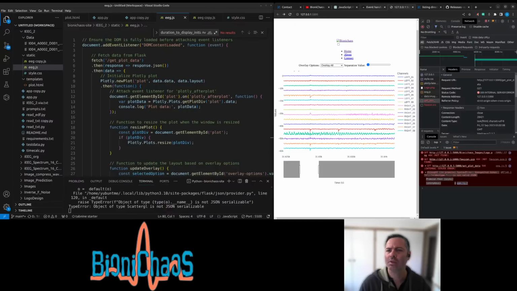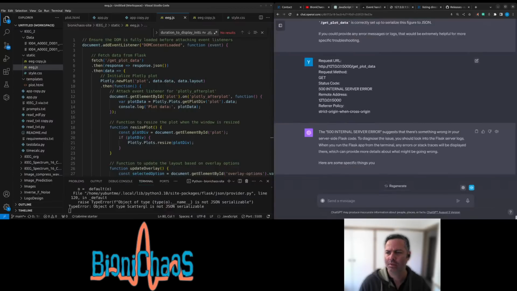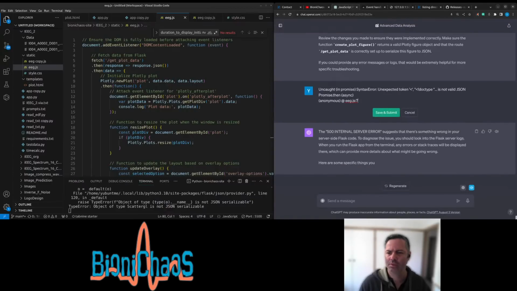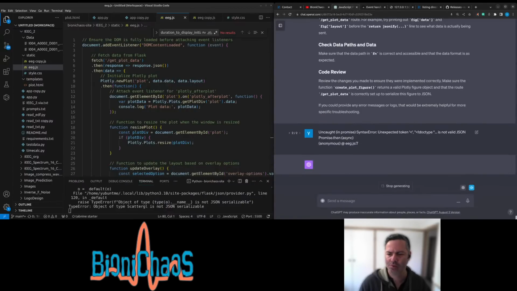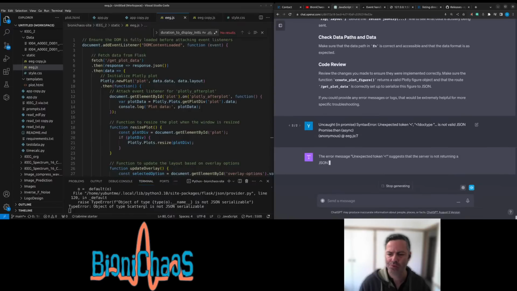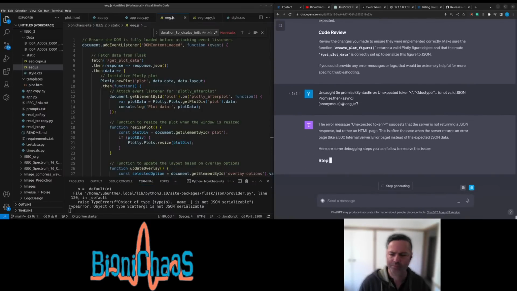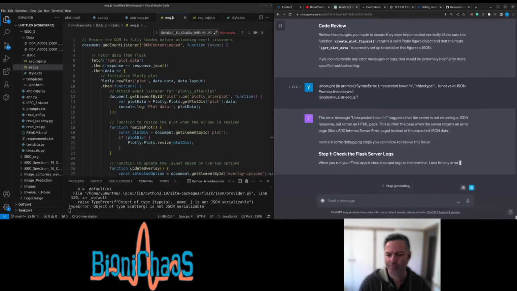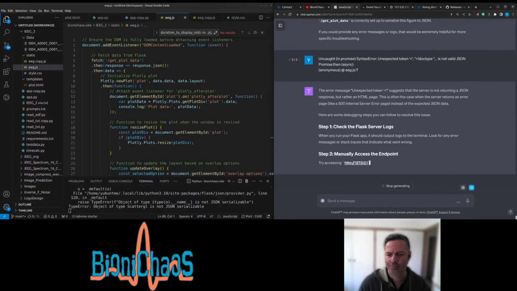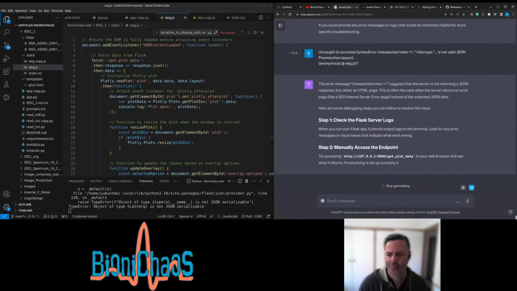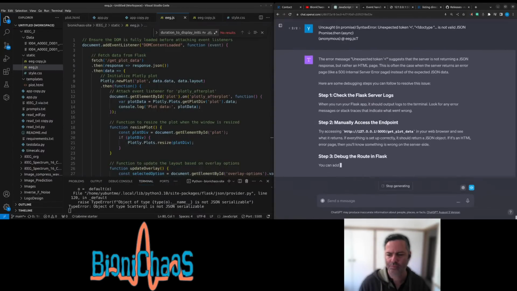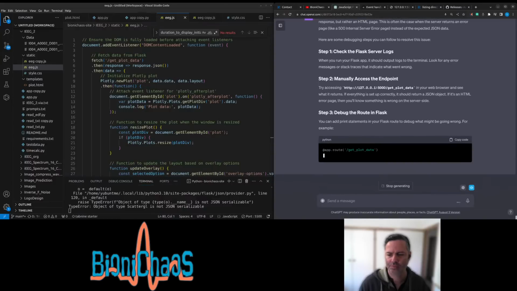The 500 internal server error suggests that there's something wrong in your server-side Flask code. To diagnose the issue, you should look into the Flask server logs. When you run the Flask app from the terminal, any errors or stack traces will be displayed there, which can provide more details about what might be going wrong. The error message, unexpected token less than, suggests that the server is not returning a JSON response, but rather an HTML page.